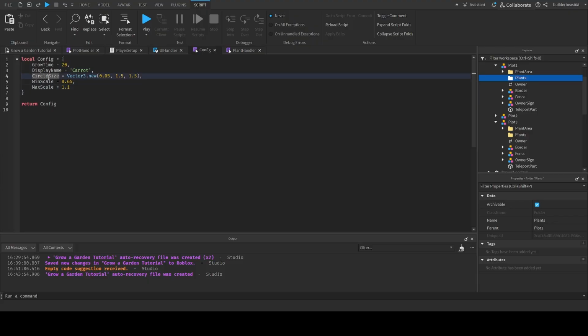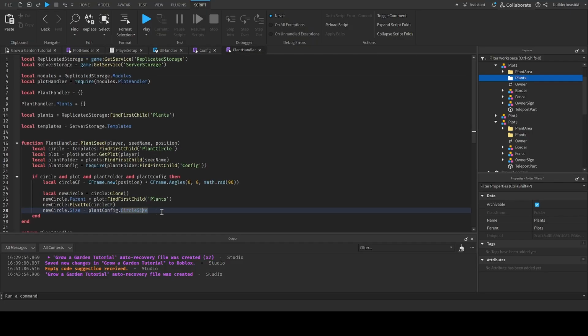So I've set it in here. Make sure this matches this, otherwise it won't work. Next, we are going to make some overlap parameters, which we will use for detecting if it is touching something. In the real game, if you place one and it is touching another plant or circle, it doesn't really matter as long as you click on the actual ground. You can make it like that if you'd like, but if you'd like it to not be able to collide with the other circles, it won't stop it from colliding with the plants. I can show you how to stop that, but